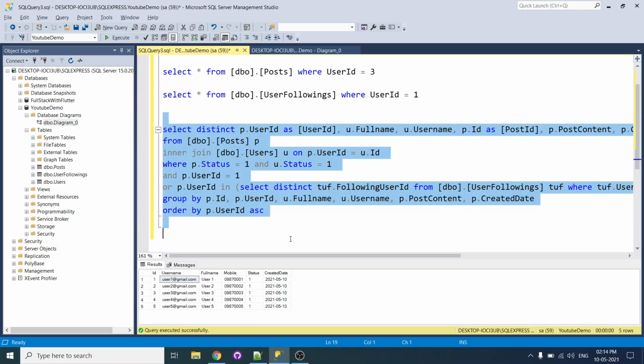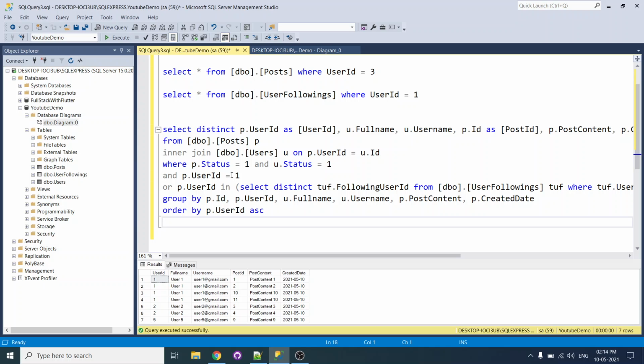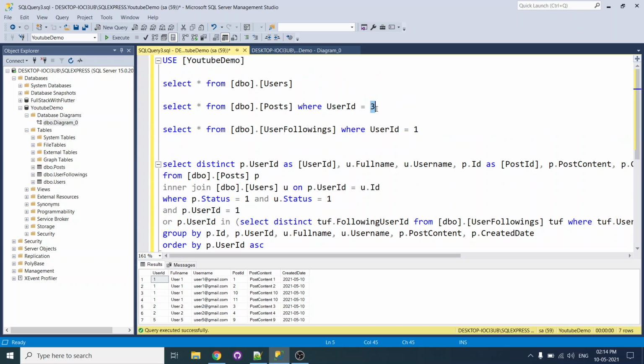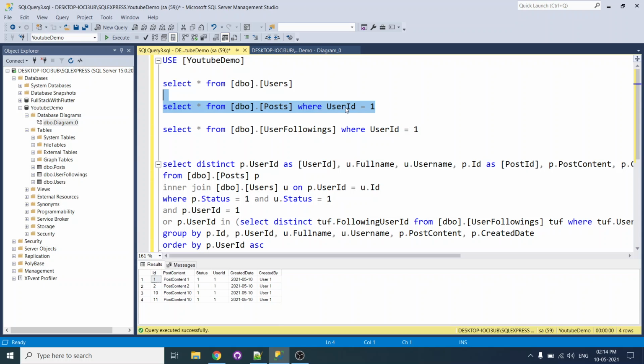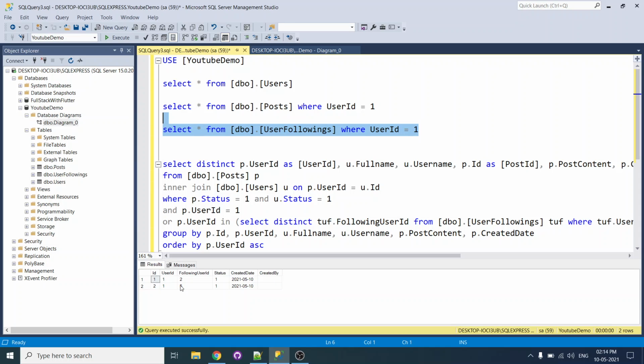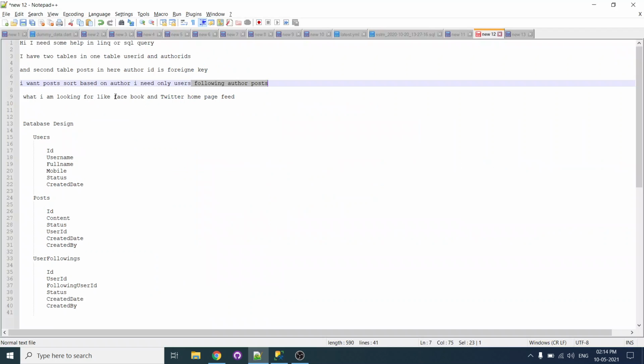So currently I took the user ID 1. Currently, this particular user 1 has a total of 4 content posts, and he has two followers. What he wants to achieve is to get only the posts of the authors the user is following.